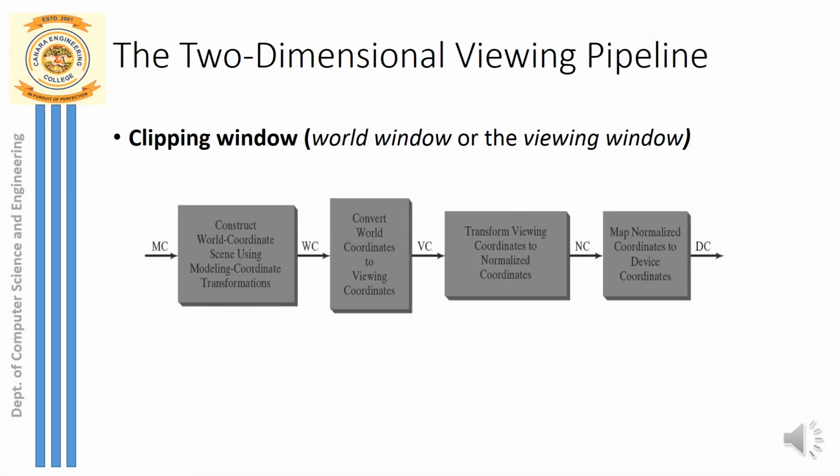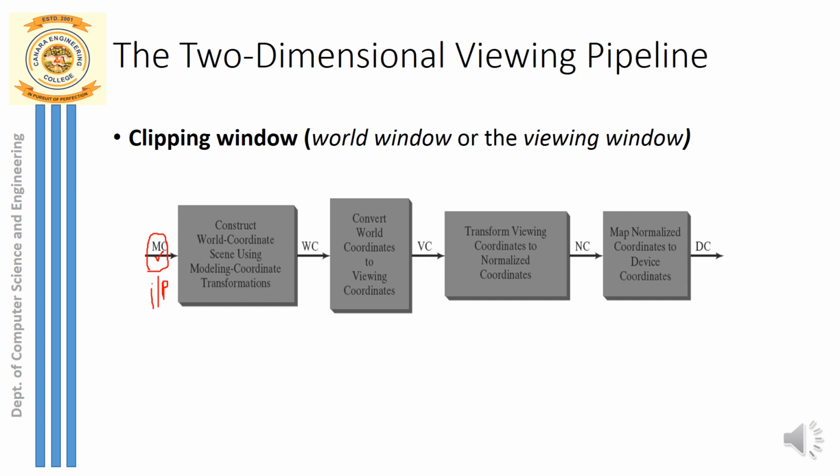So this is the final two-dimensional viewing pipeline procedure. This is a very important exam point of view. So you have to understand it better, and you have to explain very briefly all the steps. The first step here is that the object coordinates are given as input. You could see different objects like triangle, rectangle given as an input, and you call it the object coordinate system. The other word is modeling coordinates.